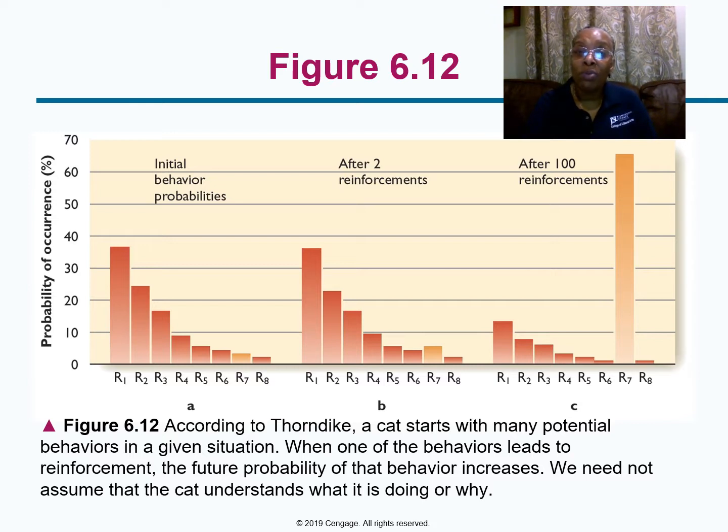So reinforcement is the process of increasing the future probability of the most recent response. Thorndike said that reinforcement helps to stamp in, or strengthen, the response. The next time the cat is in the puzzle box, it has a slightly higher probability of the effective response. If it receives reinforcement again, then that probability is going to go up another notch. This view fits with the behaviorist hope for an explanation that didn't rely on thoughts, feelings, understanding, or other mental processes. Again, actions speak louder than words in this case.